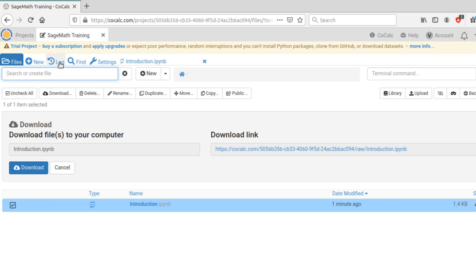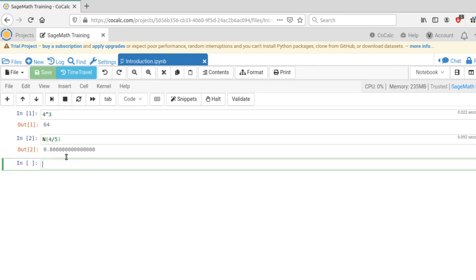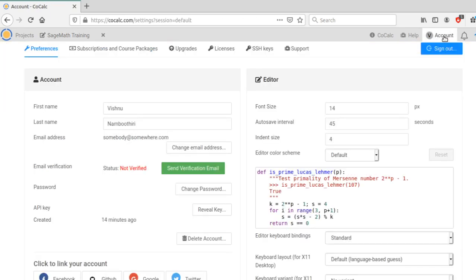Now I am just going back and checking the Sage worksheet once again. It comes up. Now I can log out, and we'll just see if this file is indeed saved. The logout option is probably here. Okay, a sign out option is already here. So I'm signing out. See that I have given some email address that is not actually mine. For training purposes, I gave some email address.